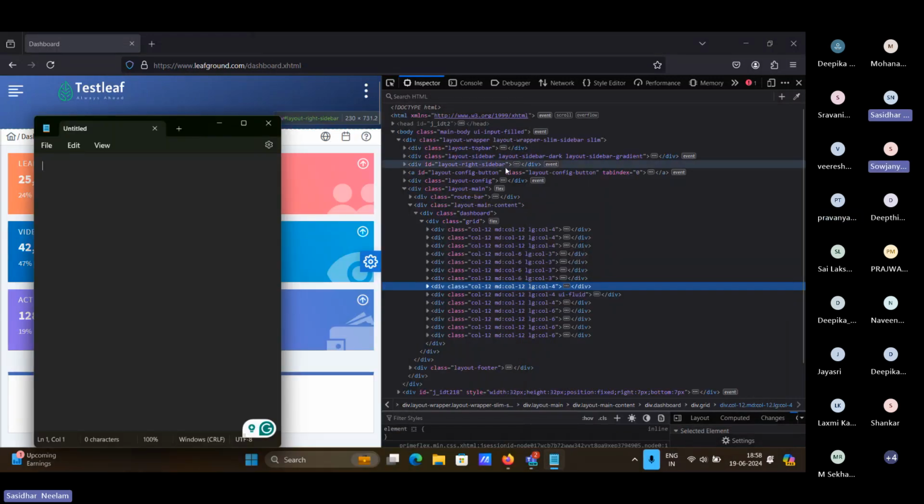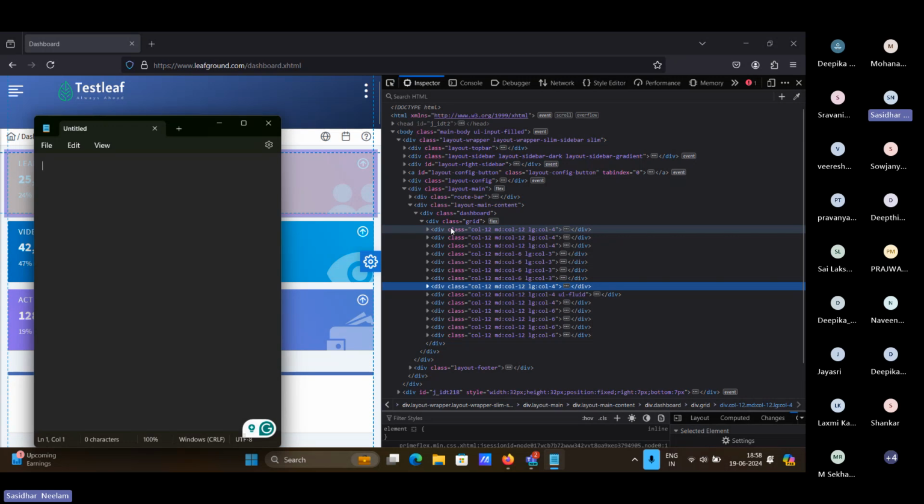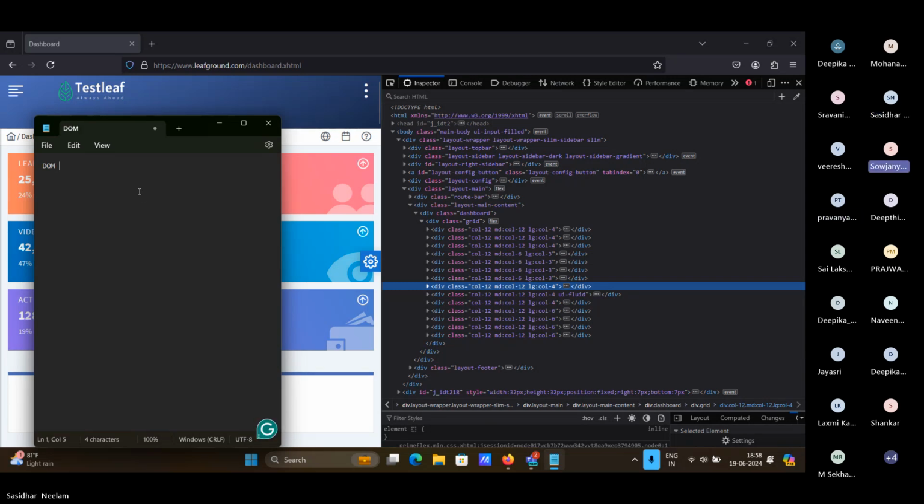See guys, whatever we are seeing here as HTML content, all this is a DOM. DOM is nothing but it is like a document. So the document has a structure,